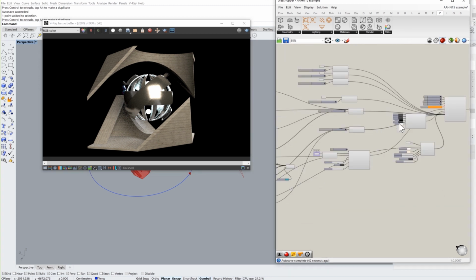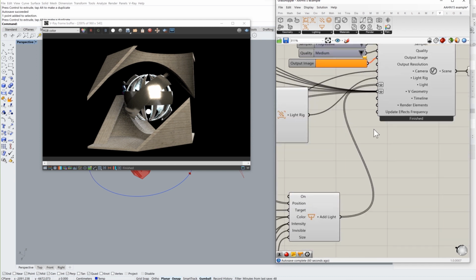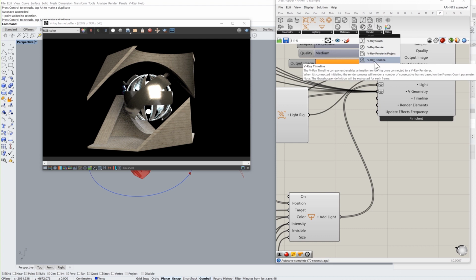It's actually animating it and saving every frame, just like we did with Rhino. So to do that, we need to set up an output image. That's the first thing. Or rather, no, that's the last thing. Let's do it last. First of all, we need a timeline, right? There is this thing called a timeline, which we need to have for this to work, and it's under render,